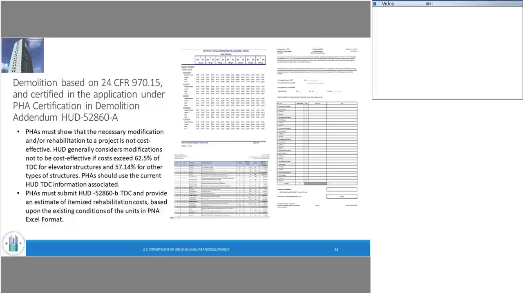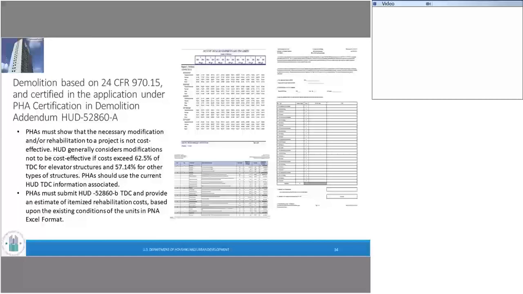So I'm just going to talk briefly about a few things before I turn it over to Victoria. Demolition. Demolition is based on 24 CFR 970.1, and the PHA should certify in the application the reason for disposition and provide it in the 52860A. The PHA must show that the necessary modifications and rehabilitation to the project are not cost effective. That being said, HUD generally considers modifications not to be cost-effective if the cost exceeds 62.5% of the TDC for